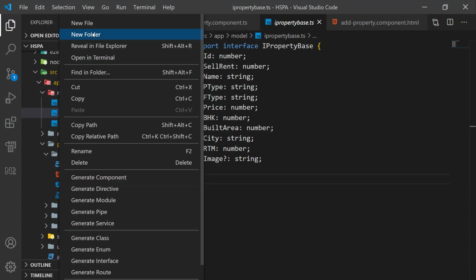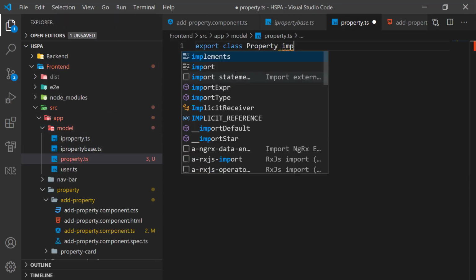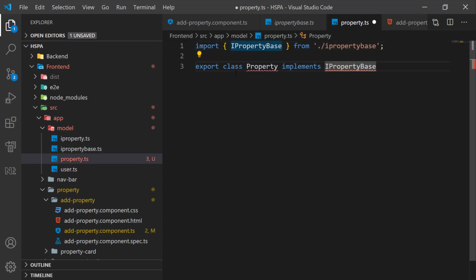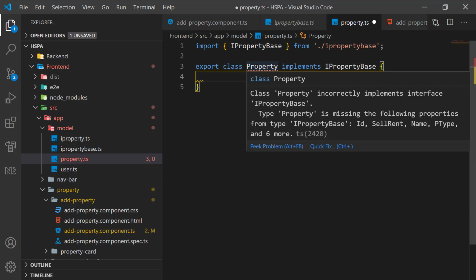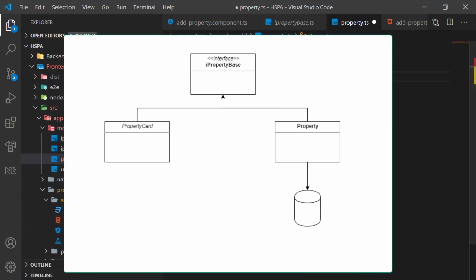Instead, we will create a class and implement this property-based interface. It will ensure that we must be taking all the basic fields required to create a property, and further it will help us to use this same class to save the entity in the database, and we can directly assign the object of this class to the object of type IPropertyBase, that type we have used to create property cards.